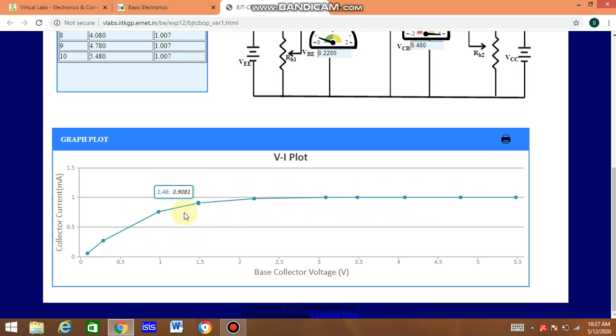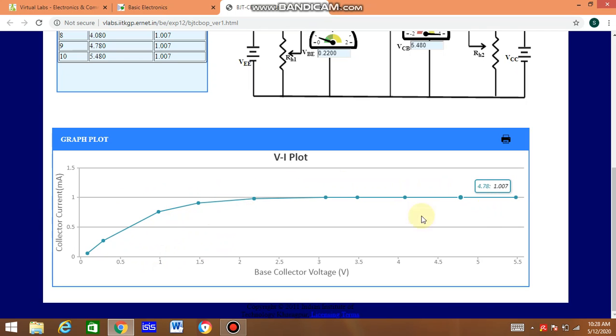Suppose we wish to know the value of the collector to base voltage VCB and the corresponding collector current IC. It is this 1.48 volt, which is the collector to base voltage, and the corresponding collector current is 0.9081. So this is how we get the output characteristic curve of BJT in common base configuration.